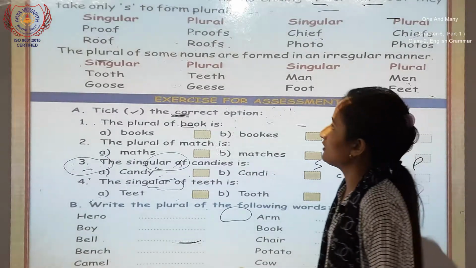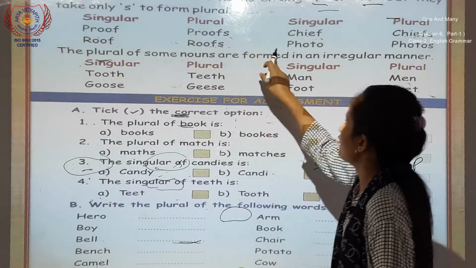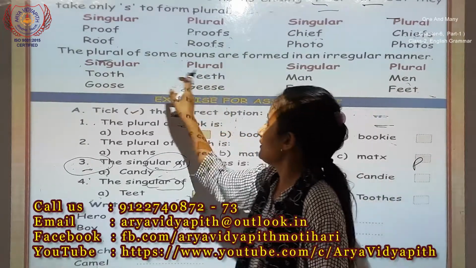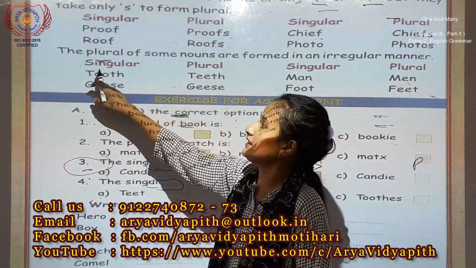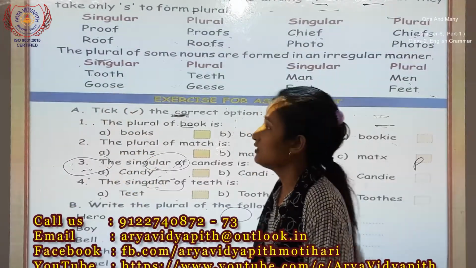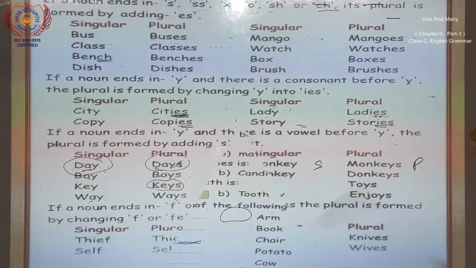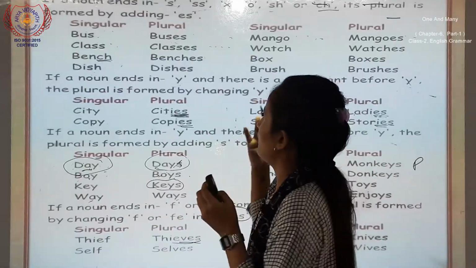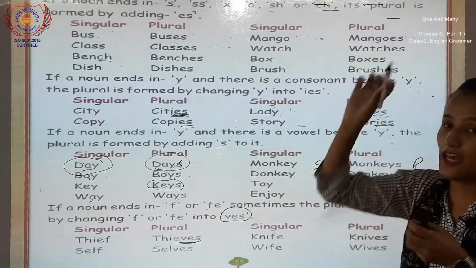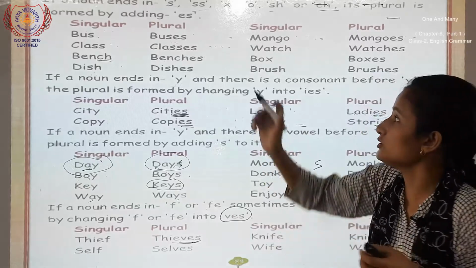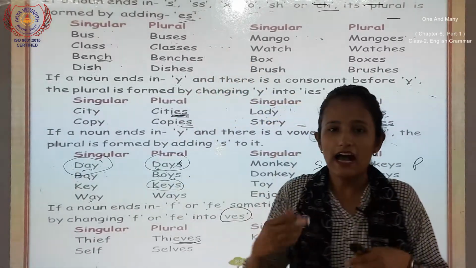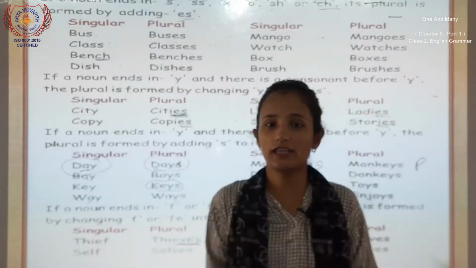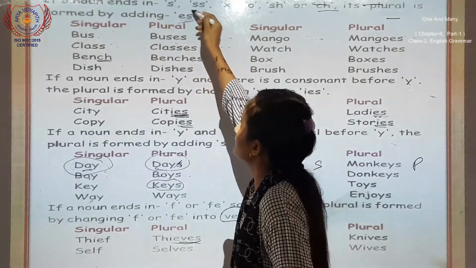Okay, whenever the plural of some nouns are formed in an irregular manner, so what we have to do, TEETH, teeth, TOOTH, tooth, like this. Okay, so what I have told you, don't be confused. Whenever nouns end with CH, SH or X, we have to use ES. जब भी आपका लास्ट वर्ड में S, X, H, CH यूज होता है, तो आपको प्लूरल में क्या यूज करना है, ES. ES, this word you have to use.